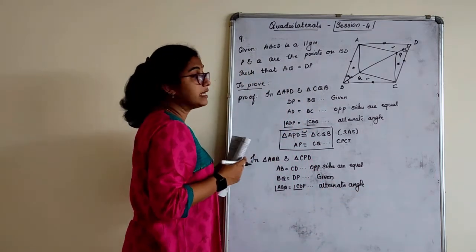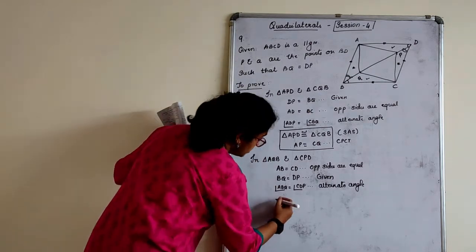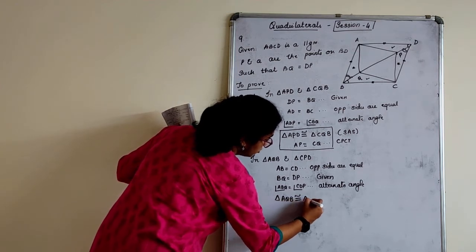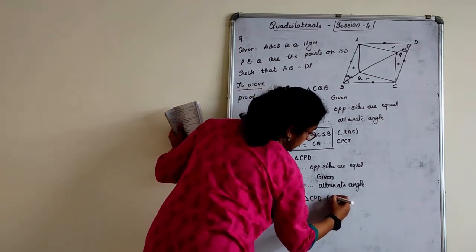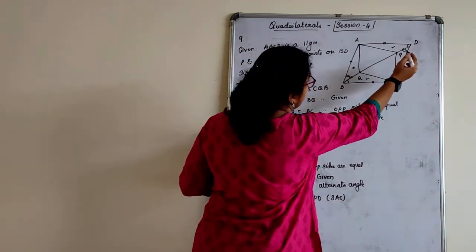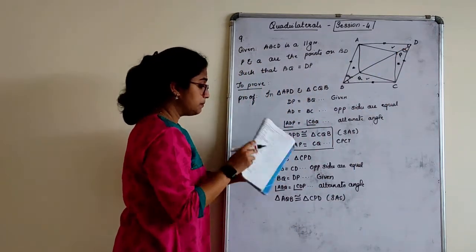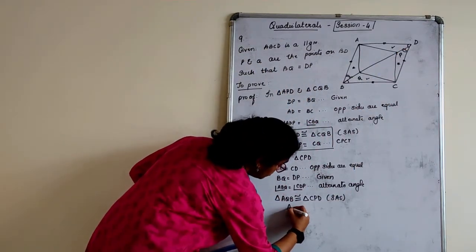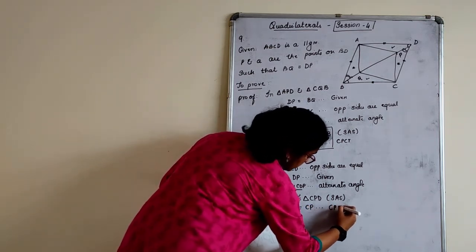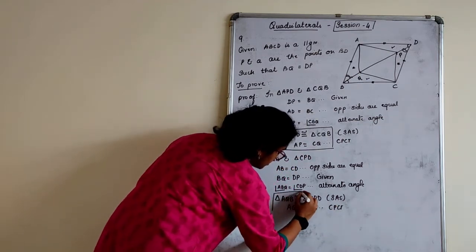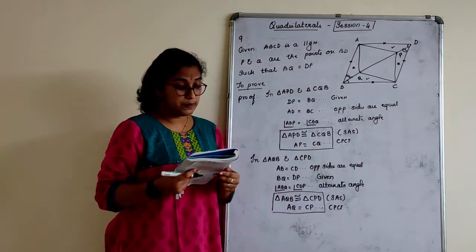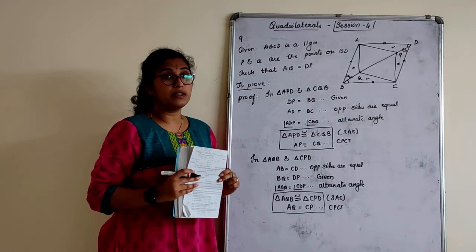Yes, so the triangles are congruent by SAS congruence rule. Therefore, triangle AQB is congruent to triangle CPD by SAS congruence rule. Over. From this, can I tell AQ is equal to CP? They have asked CP. AQ is equal to CP. Reason: CPCT. Over. The first four we have proved. Once we proved that triangles are congruent, the sides follow by CPCT. Last part, APCQ is a parallelogram.